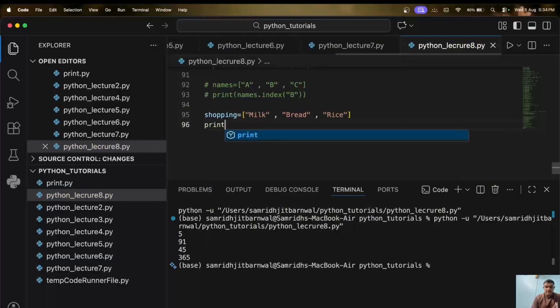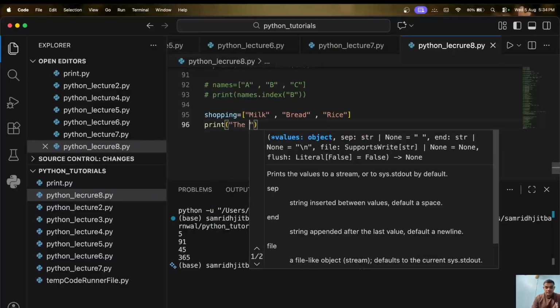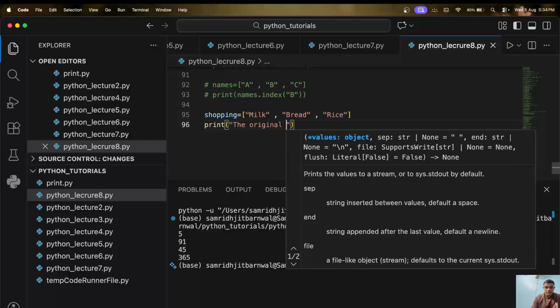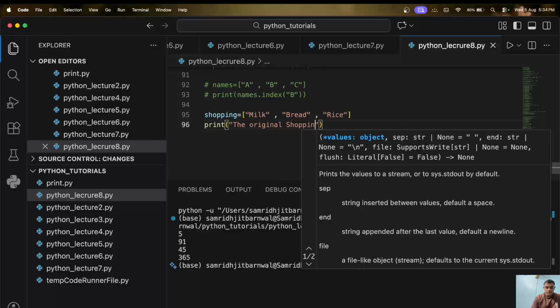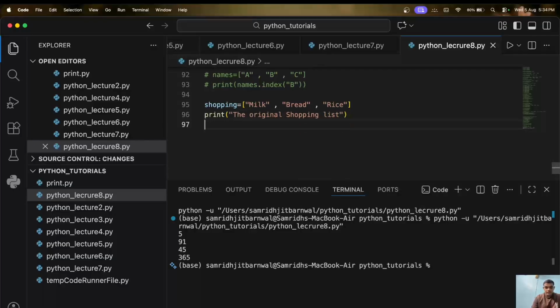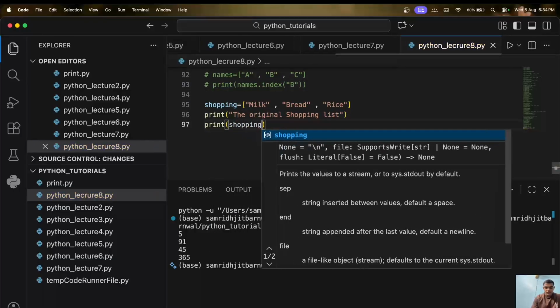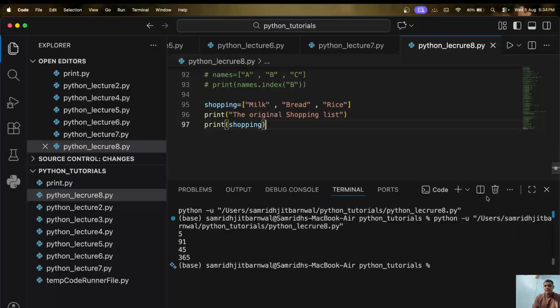Now let's print the original list. Now if I run it,